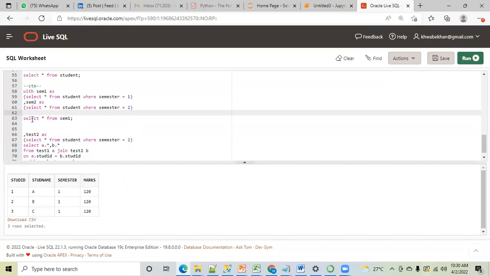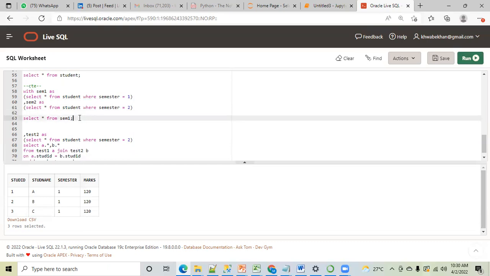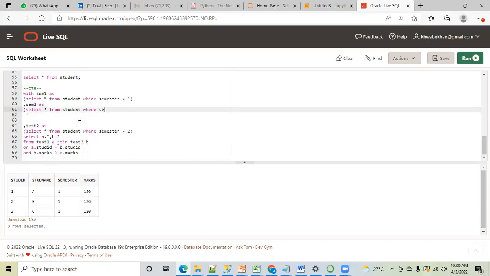I think not clear. Anyone who wants me to repeat this? I want this to be repeated then. Okay, okay, okay. See, let's forget this. Let me start from the beginning. I know this is complicated. This is SEM1. This is your, what I can say, user defined name. You can keep any name, whatever you want.